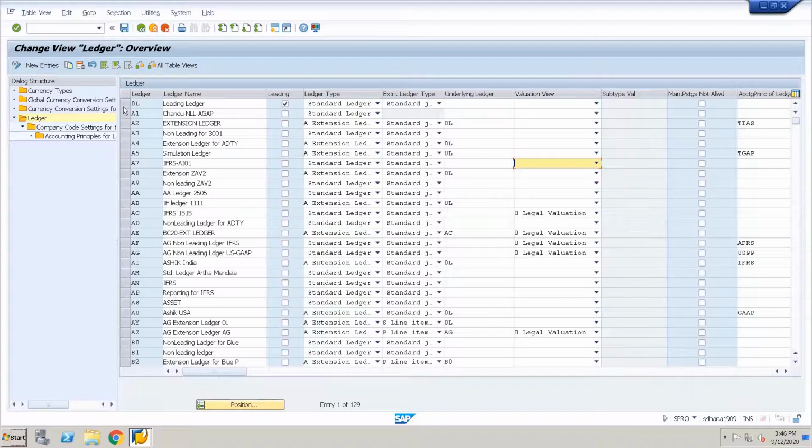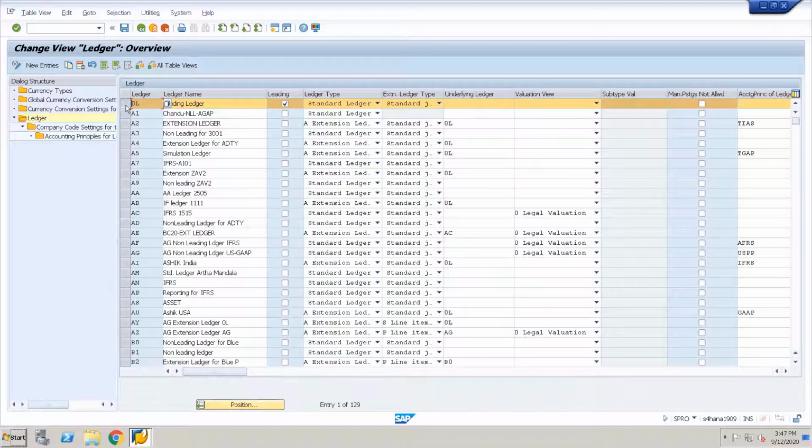So now, in the entire SAP system, there can be only one leading ledger. If you create a new ledger and want to set it as the leading ledger, the leading checkbox for 0L should be unchecked, and that option needs to be enabled for the new ledger. But it is not recommended by SAP to use any other new ledger as a leading ledger, because this is the standard one provided by SAP and we can use it as it is. So I'm not going to create any new leading ledger, but I will create other non-leading ledgers and extension ledgers.